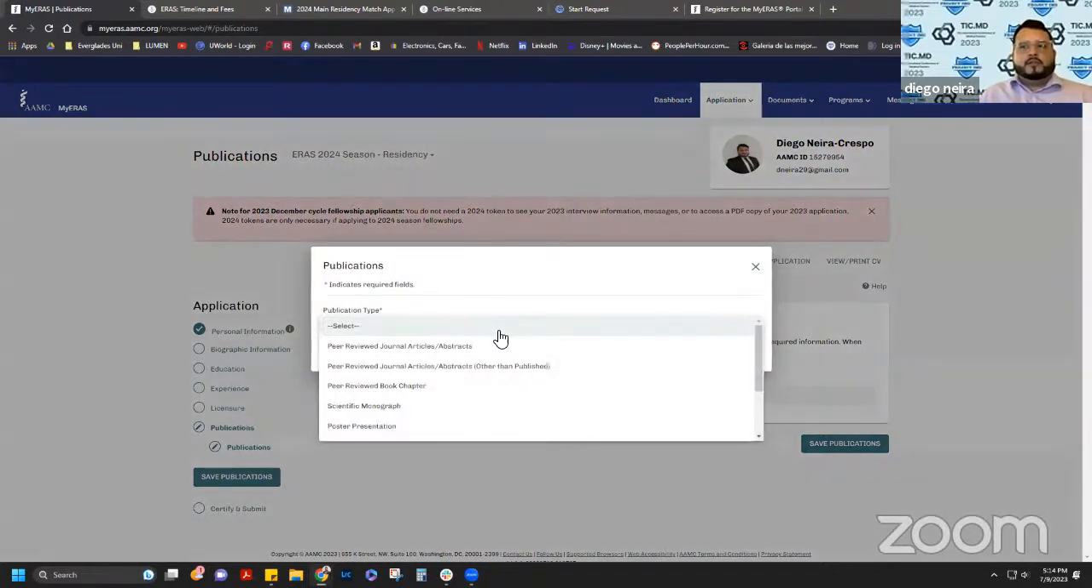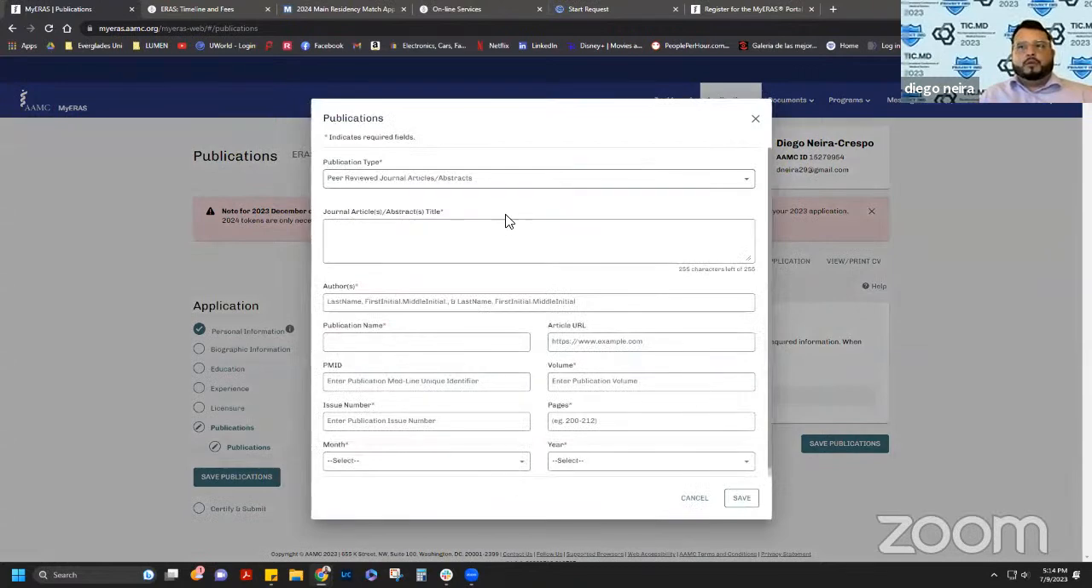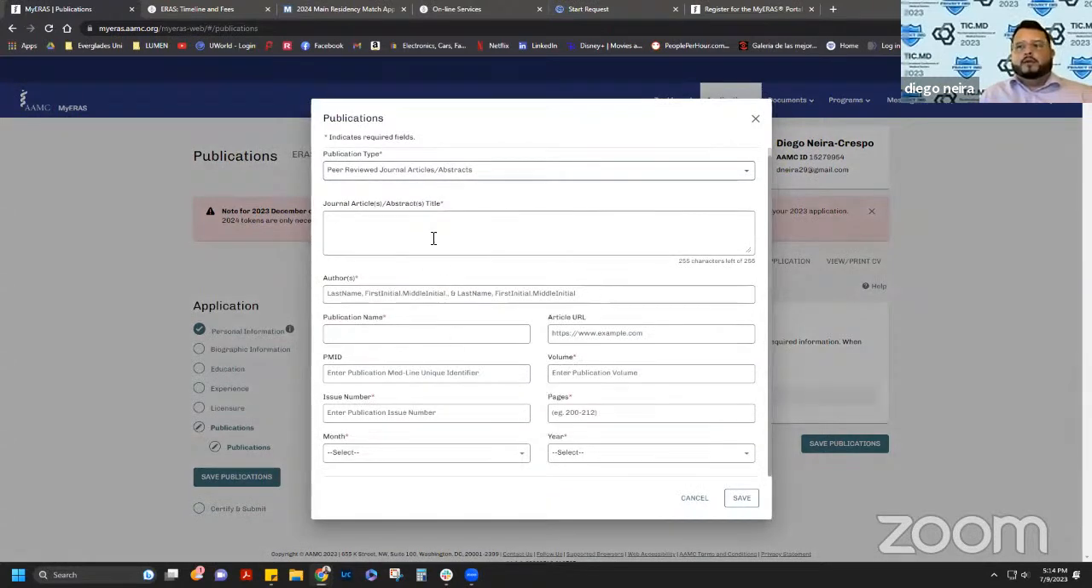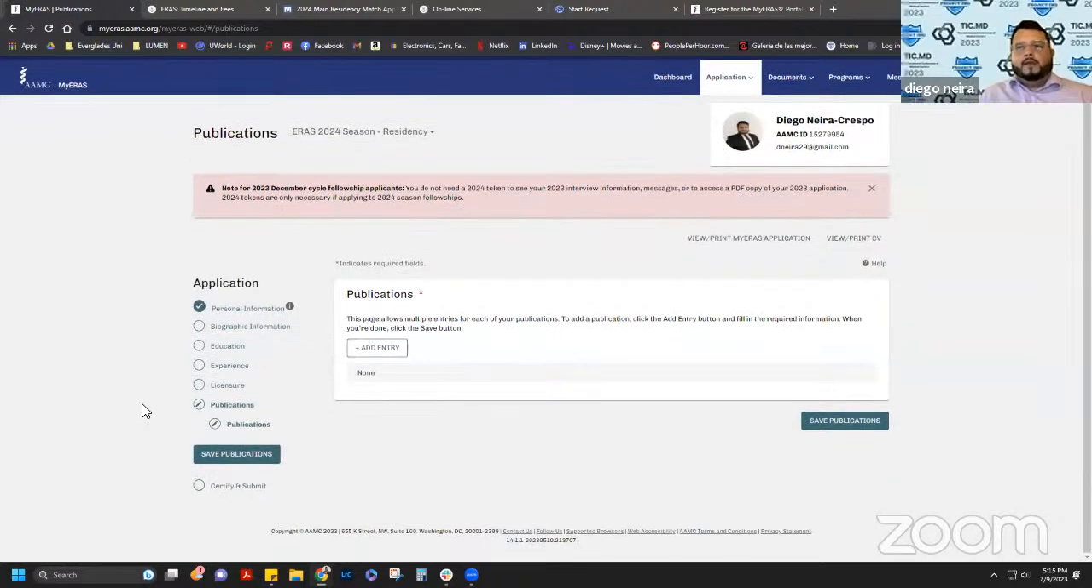Once you go in, you just select your publication type, and then you specify exactly who the author was, what the publication was, where it can be found, and things along those lines. And then at the last part, once you've completed all this, is when you hit certify and submit. I'm not going to hit that right now because I'm not ready to certify and submit